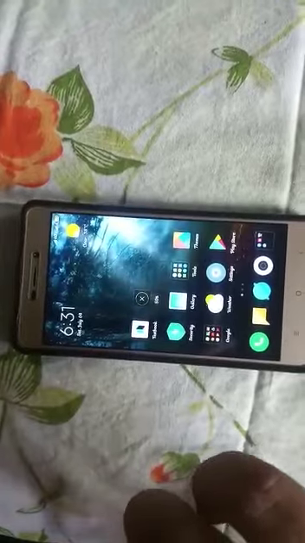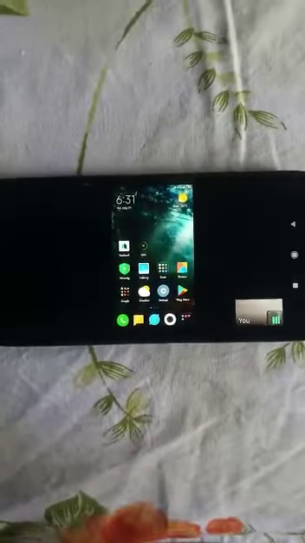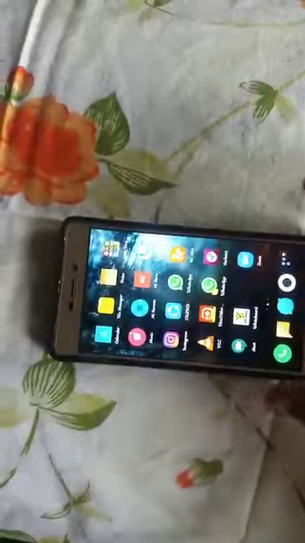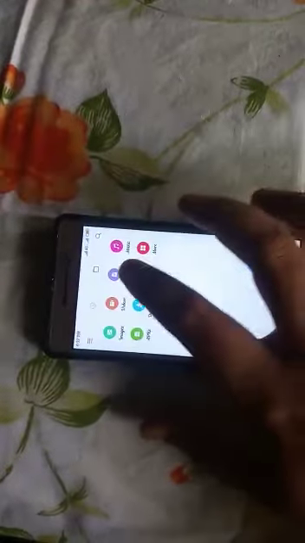After this my phone screen will be visible here, and if I open a document here like... okay, this is a DPP of JEE Mains.